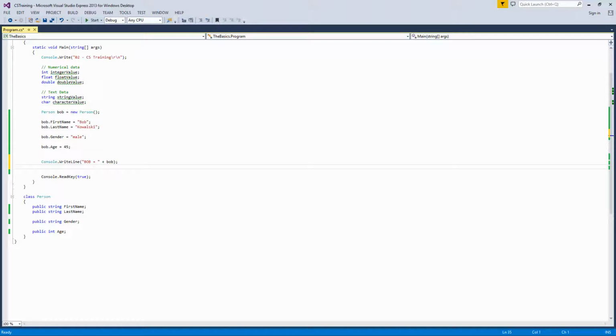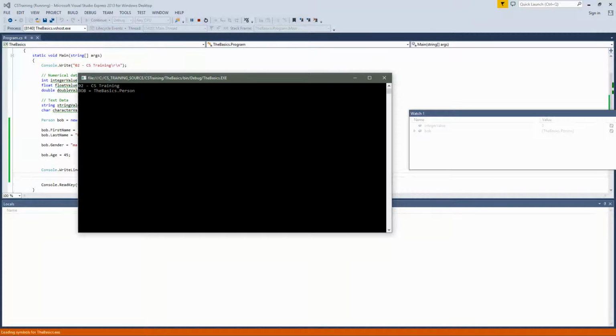And it doesn't make any errors, so it should work in theory. Okay, Bob is equal to the basics person. That doesn't sound right. I mean, Bob is Bob. That sucks. Okay, why did it do that? Because, well,